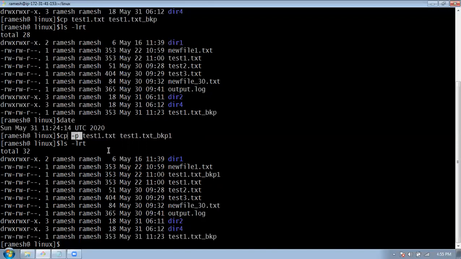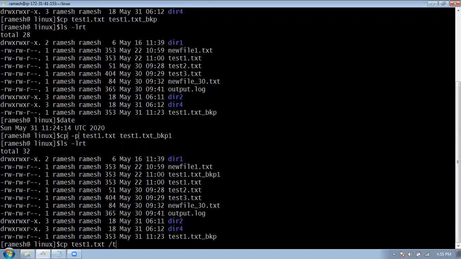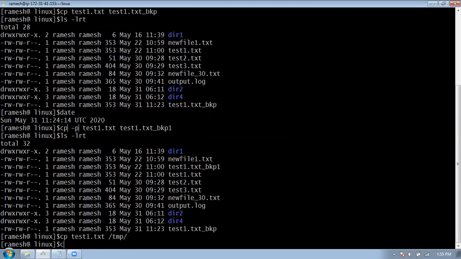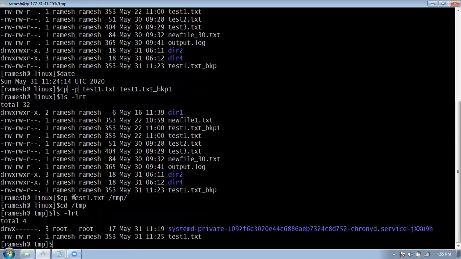And suppose you want to copy the file in different location, you can do like this: CP and then your file name, and then you can use /tmp. So if you don't provide any file name after this, the file name will be the same name. If I go and check inside the tmp, so the file name should be the test one.